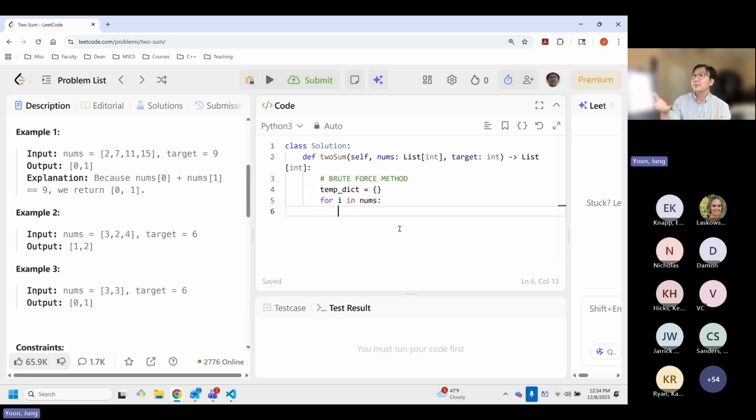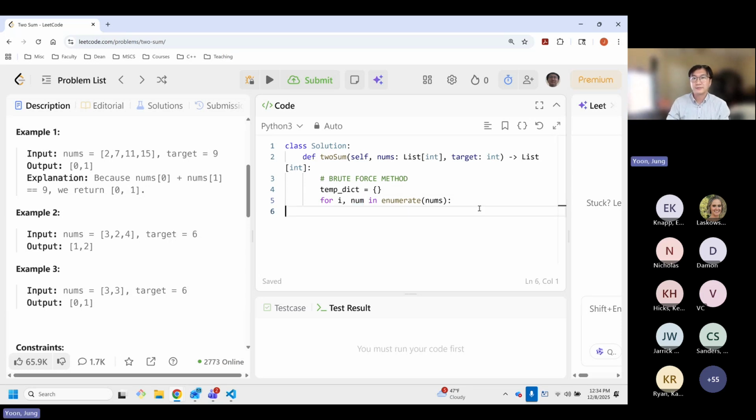So this is a generic Python loop, right? We're going to iterate through the list that is provided to us called nums, and i represents each value in that array. But because we want to store these in our dictionary or array, we're going to leverage something called enumerate, which allows us to access the index number, and this is now the index number, and this num variable represents the actual value held inside.